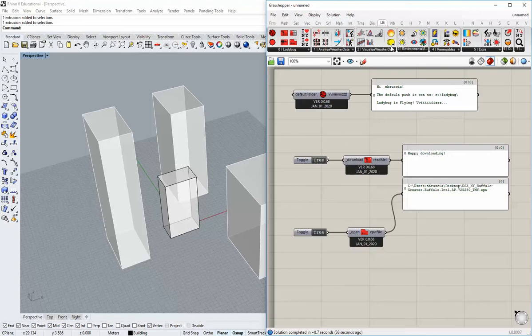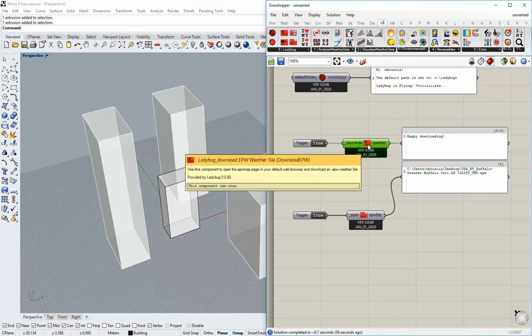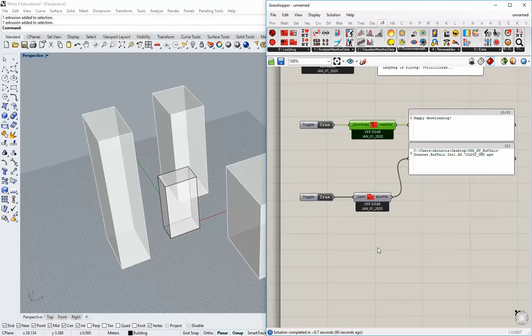sometimes data visualization. Okay. There is one more way to do this, and I wanted to show you it because some of you may be collaborating on this file, and the thing to remember is that if you are going to share this file, you're going to need to also share the EPW file that we downloaded so that this can run. It won't save this directly inside. So one thing you can do instead, if you know that the person you're collaborating with is going to be connected to the internet, you could find another way, which is to